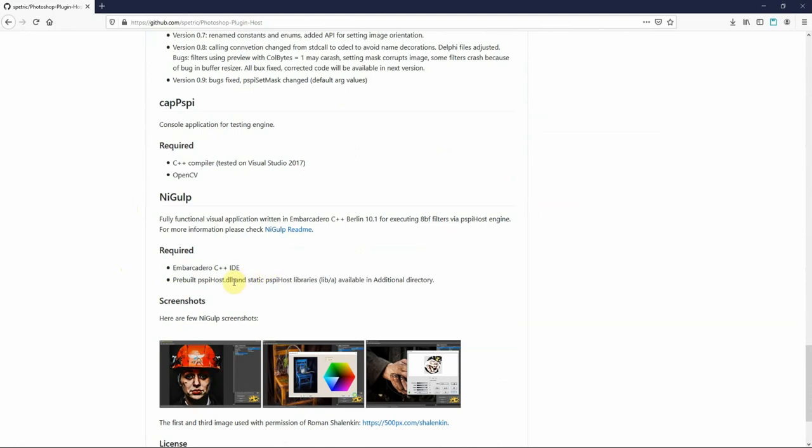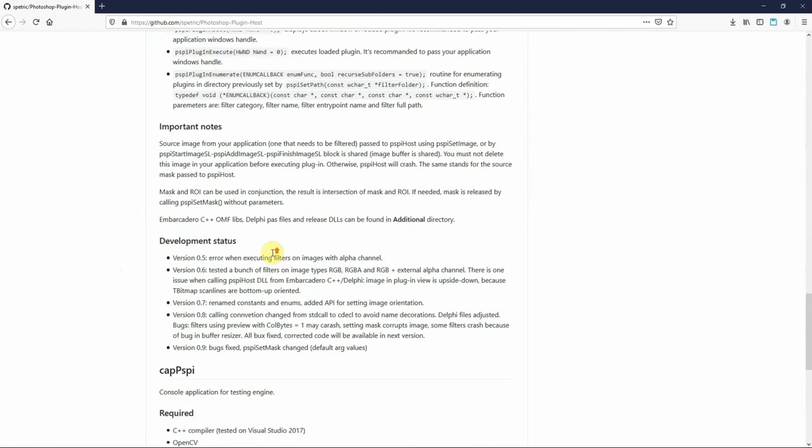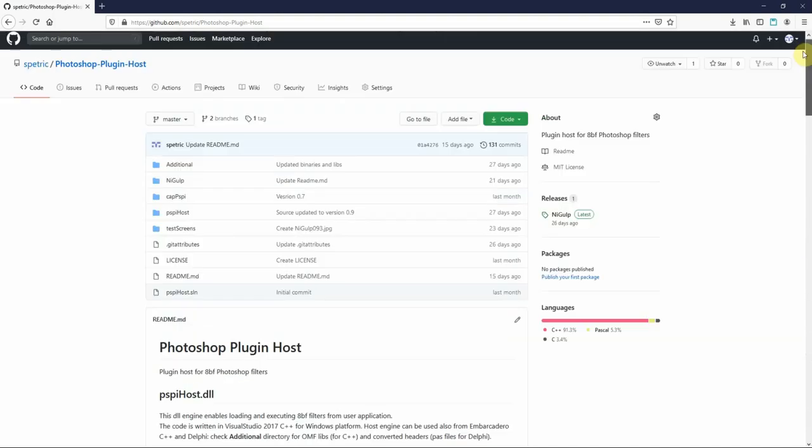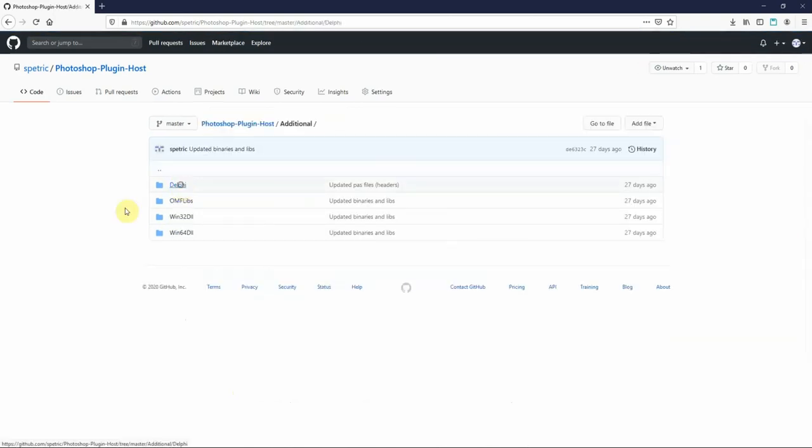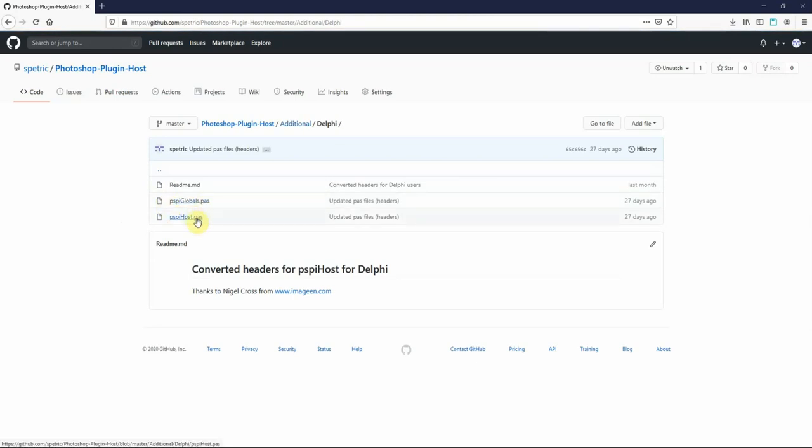and it uses some commercial components. There is also a possibility to use the host engine from Pascal, Delphi. So two headers are necessary for executing plugin hosts. Plugins can be found here, converted thanks to Nigel Cross from ImageN,